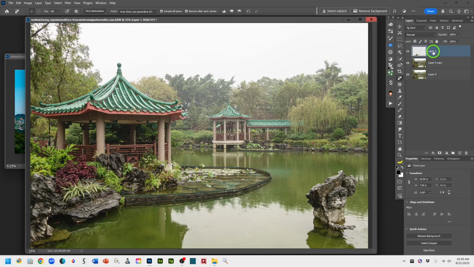Let me just label this so we know what we did here when we look at it. Okay, so foreground distractions removed. So let me add another empty layer. Those were relatively small distractions that were in the image. You saw that they could work pretty fast, and it certainly seemed to fill in, at least to my eye, pretty well. Let's try getting rid of this rock and its reflection,